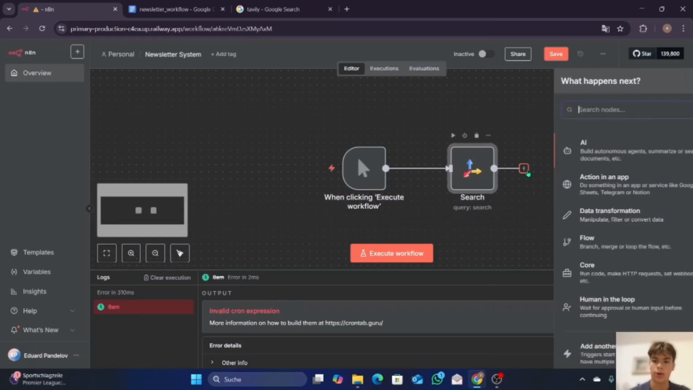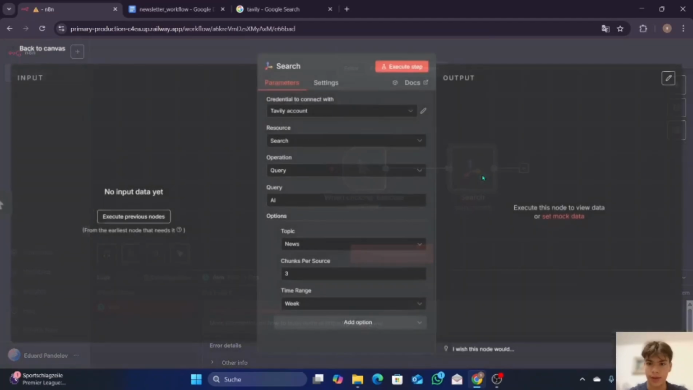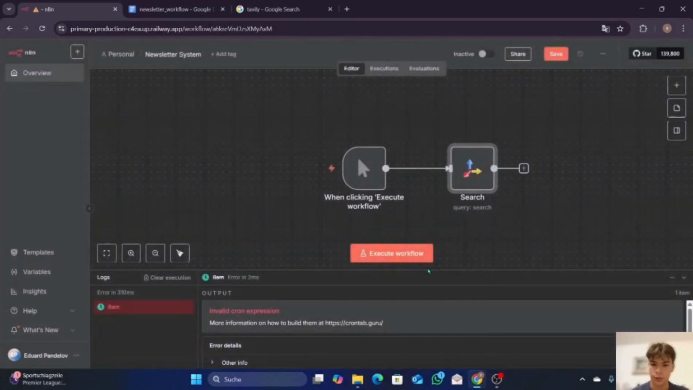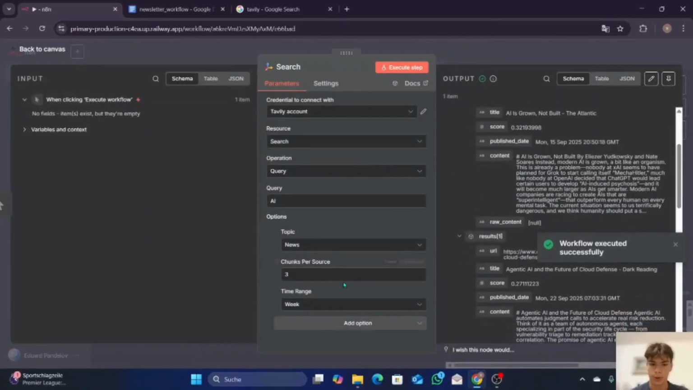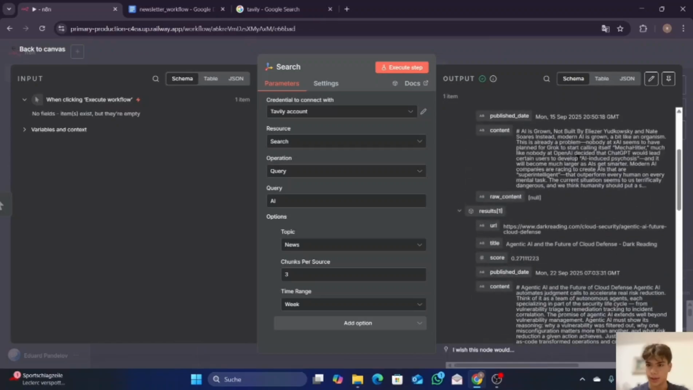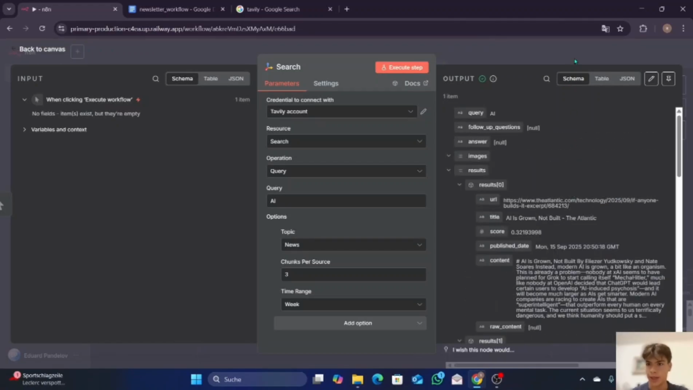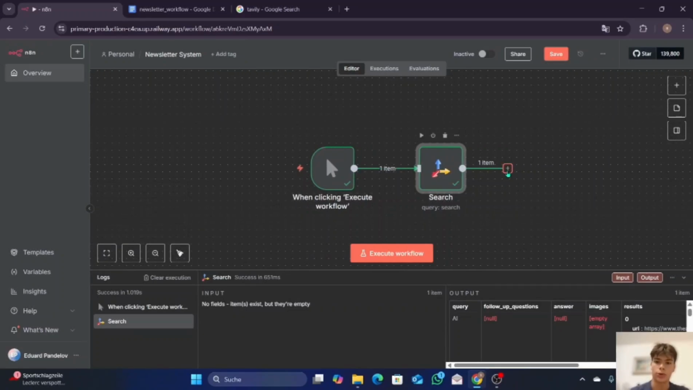After this, we obviously also want to use the AI agent. So let's try it. Execute workflow. We receive 3 news items because we put in 3 for chunks per source. So we have it like this. This is also up to date, as you can see, 22 September, and yeah, so we get up-to-date news,